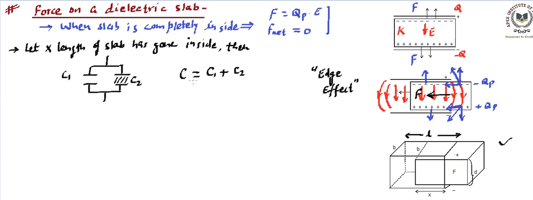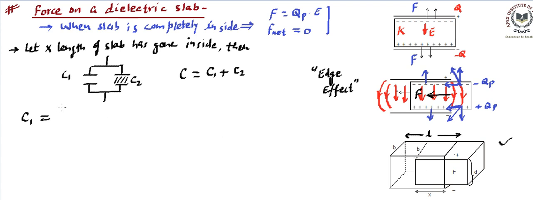Now we can easily write what C1 is and what C2 is. So let's talk about C1. C1 is going to be the capacitance without dielectric, so it is going to be area times epsilon naught by D. Now the area of the plate, that portion of the plate which is without the dielectric, is the area we are interested in. So I'm erasing that part. You have got it. Now this area is going to be B as the width, and the length is going to be L minus X.